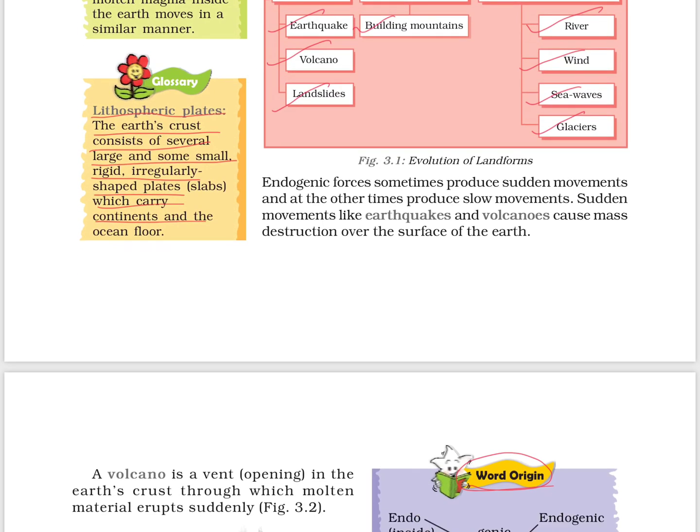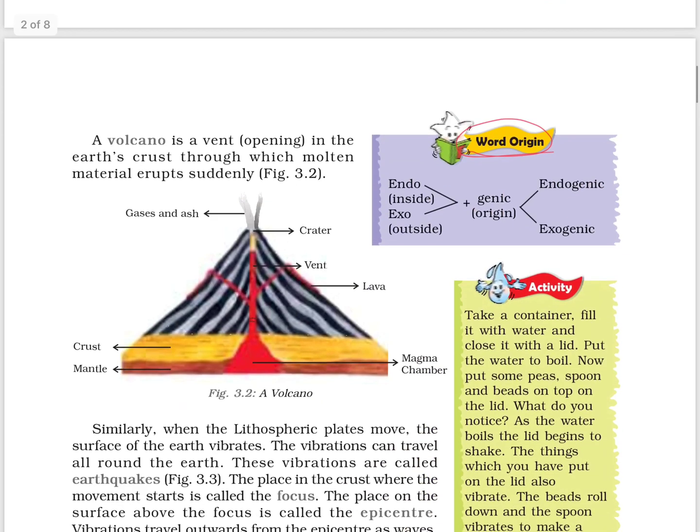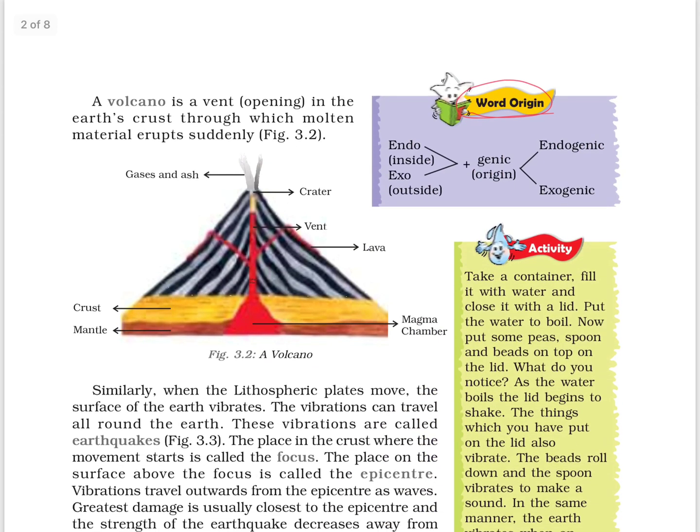As we saw before, endogenic forces sometimes produce sudden movements like earthquakes, volcanoes, etc. So next, coming to volcano. What is a volcano? It is a vent or opening in the earth's crust through which molten material erupts suddenly. So if we look here, this is mantle, this is crust. Here we have the magma chamber. So when this magma erupts outside, sometimes it goes back,